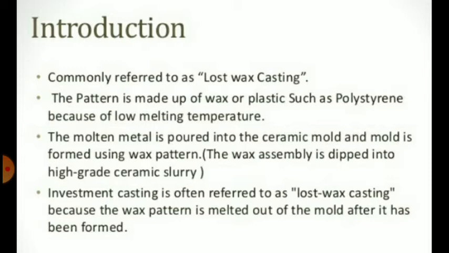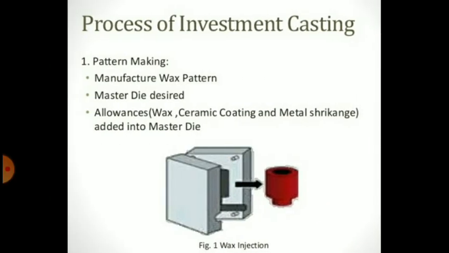Now the different steps involved in this method are, first, pattern making. For this, you have to make a master pattern. The master pattern is made of a metal that can be easily machined. In the next step, making a die. Using that master pattern, you make a die. The die is made of gelatin or an alloy of low melting point which is poured over the master pattern. The dies can also be made of steel by machining the cavities.